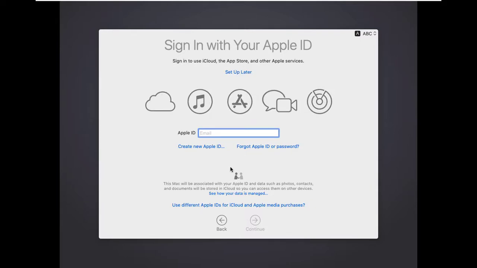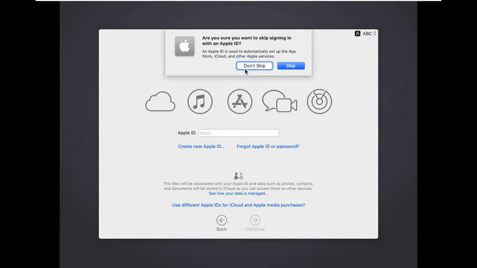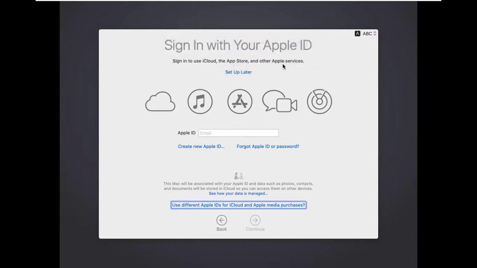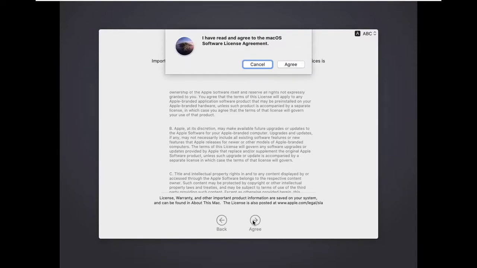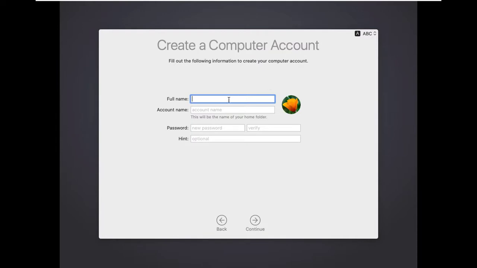Continue. Here if you want you can sign in with your Apple ID, or you can create one if you don't have it, but it requires an internet connection. I will click on set up later. Just skip. Terms and conditions, click on agree. Just agree. Give a name to your PC.